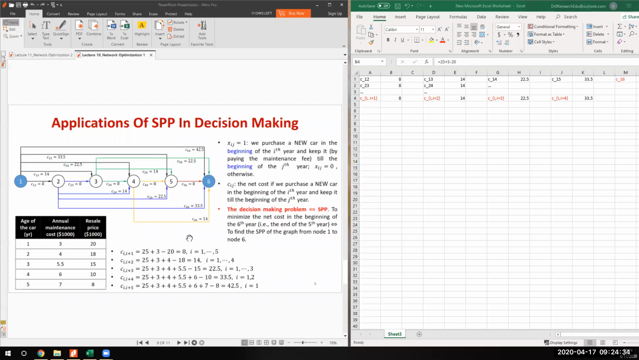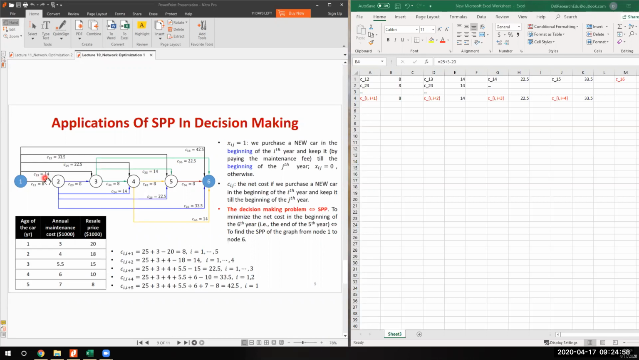How to calculate it? Shortest path problem, right? I want to go from 1 to 6. What is the shortest path, which is equivalent to asking what is the minimum total cost. And then you can easily solve it. I guess the shortest path is like this. You get